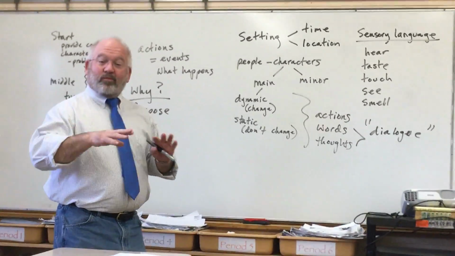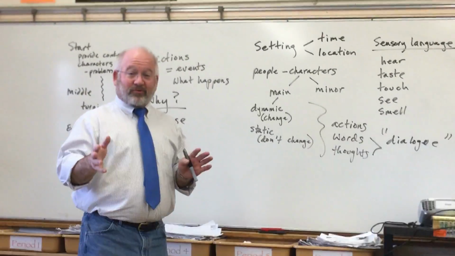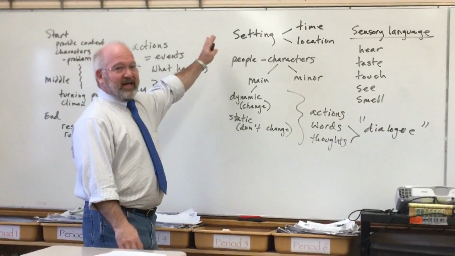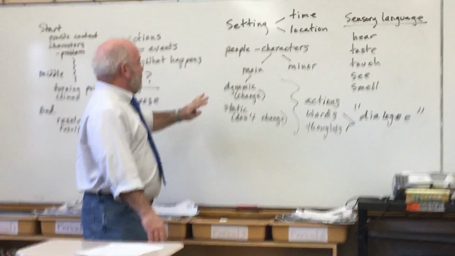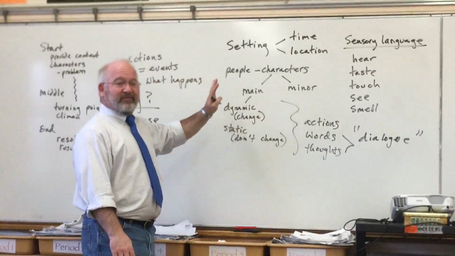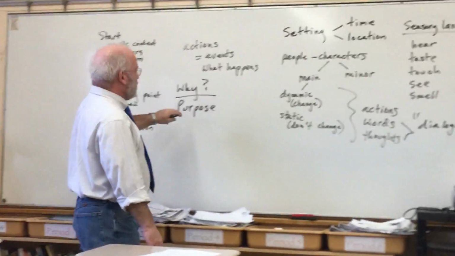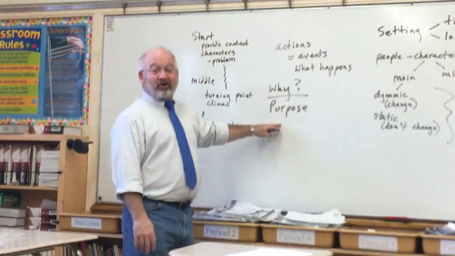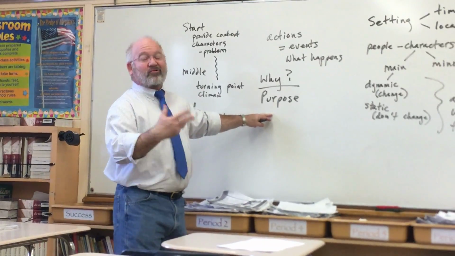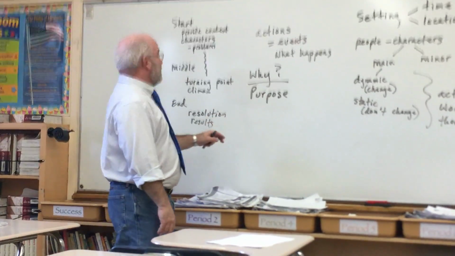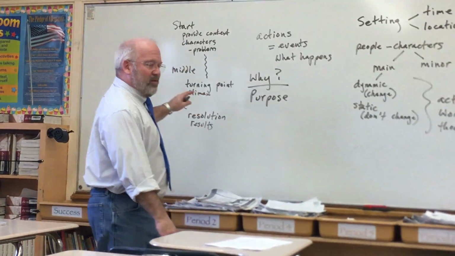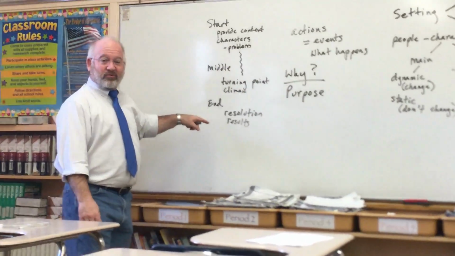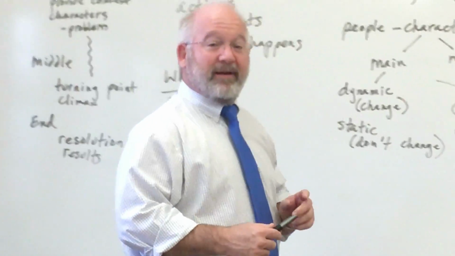So I've given you kind of an overview of stories. And we have setting, we have characters, we have action, we have dialogue, and we have a purpose, which is usually, English teachers would probably call this the theme. What are you trying to get across to your reader? And I gave you one way of looking at a story, but a much more traditional way